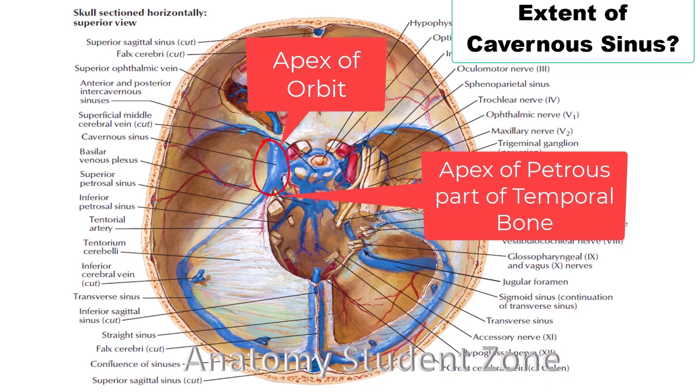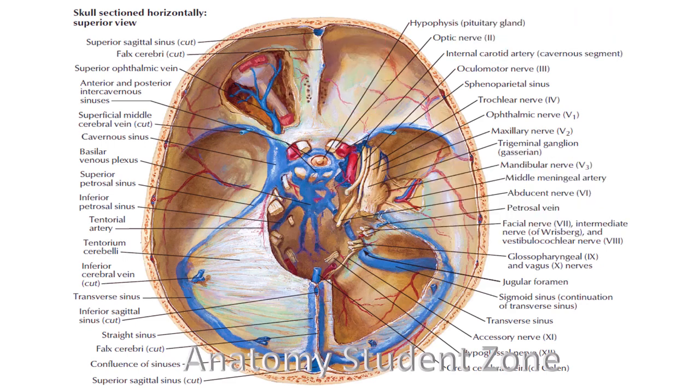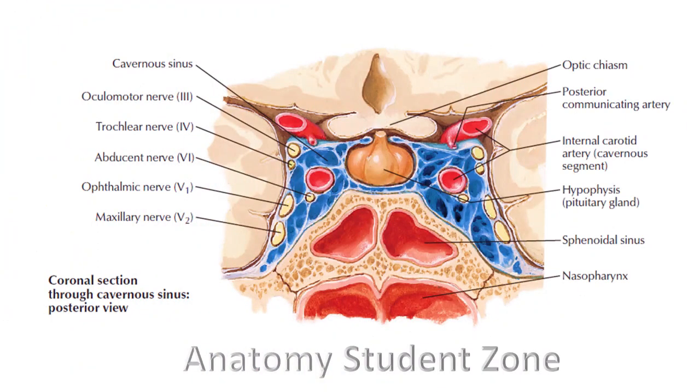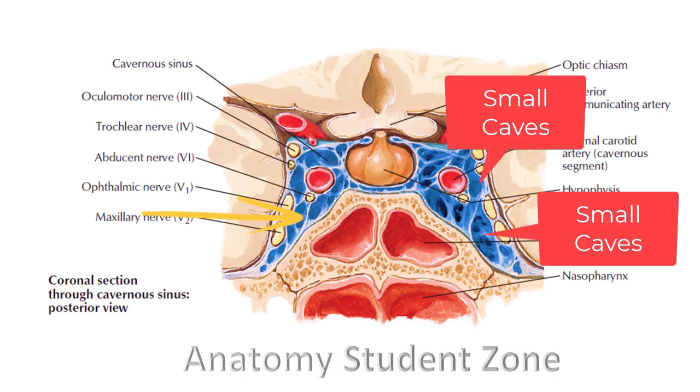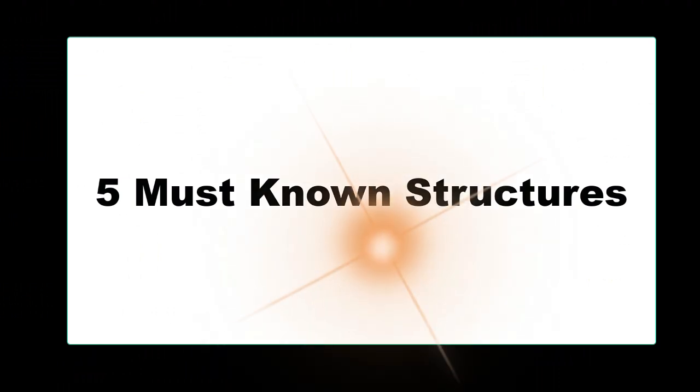So it's going to extend in these areas. Unlike the other dural venous sinuses, it is divided by numerous fibrous septa into a series of small caves. This one sinus has multiple caves, and these caves are formed by means of fibrous septa. So the five must-know structures in this cavernous sinus, you have to remember this, and I'm going to share